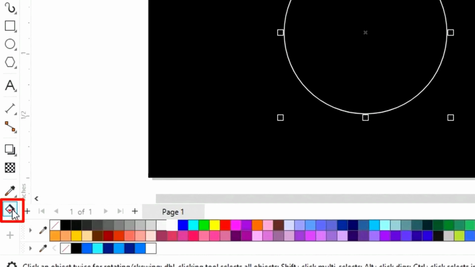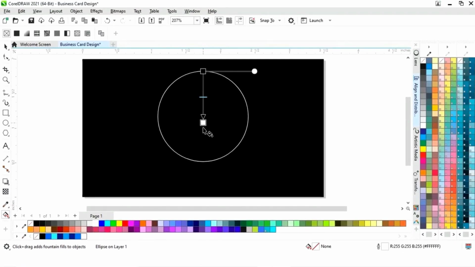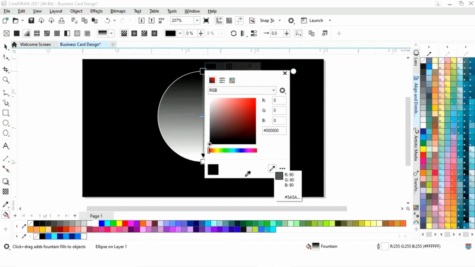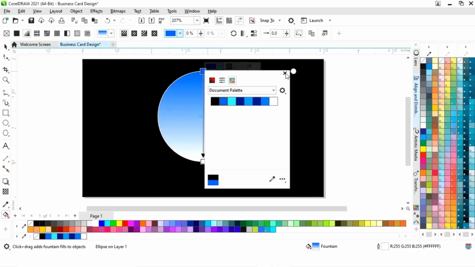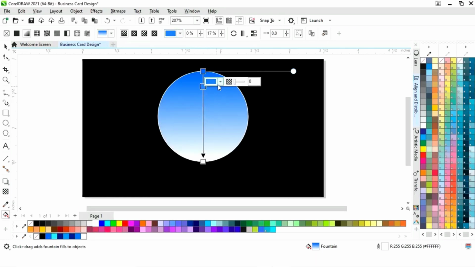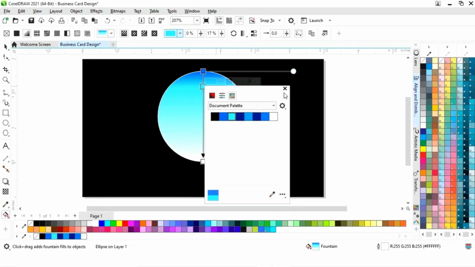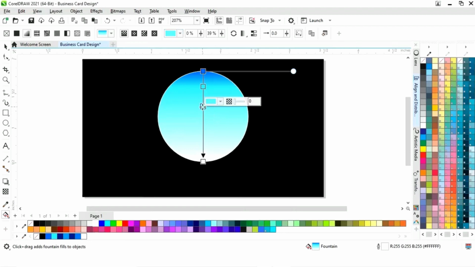Now we'll select the interactive fill tool from the toolbar and we will apply like this. Now we will set the colors. We will select the color with the color eyedropper tool. Now we will add color by double click on the line. Like this we will add more colors.